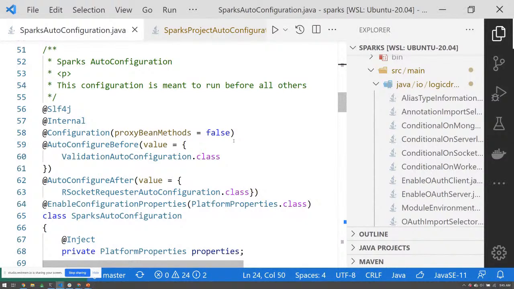So I asked the question of what is the preferable approach? And it was a very clear and concise answer from the Mutiny team: use the Uni list when you knew you had a fixed collection or a specified collection coming back, and it wasn't in reality a stream.